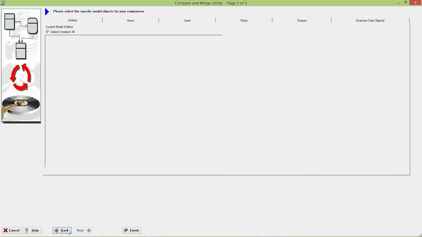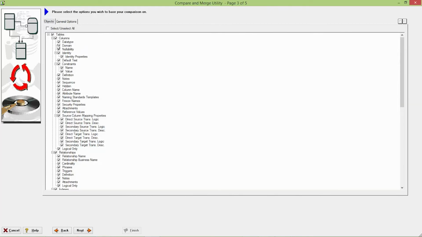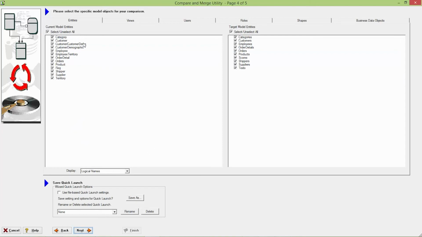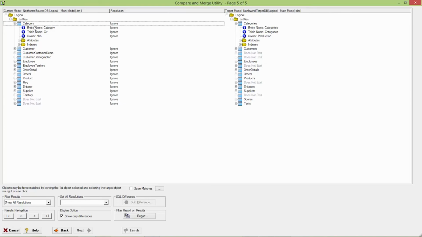So what I can do here is to come back, I can choose this option, and I can also uncheck the domain, because domains have been automatically generated using the name of the column, the attribute. So I don't want to see on my attributes when the only difference is the domain. And automatically it has been refreshed.